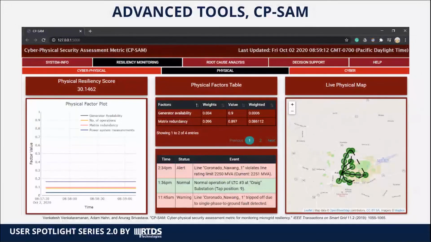And this is another tool. This is called CPSAM. CPSAM is a similar tool to CPTRAM, but the major difference is that it is used in the distribution system. It incorporates the different cyber physical factors related to the distribution networks, and it calculates the resiliency in real time when a cyber or physical event happens in the distribution grid,